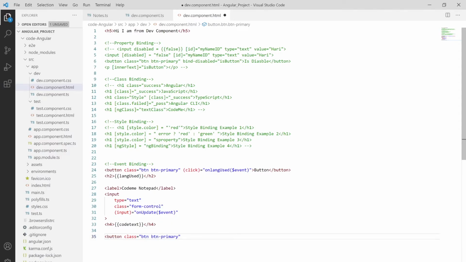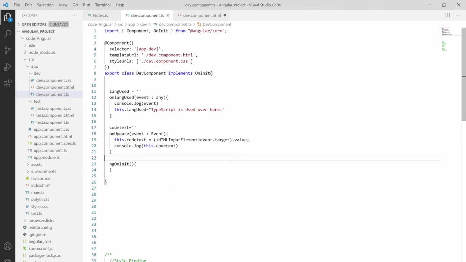So button dot primary, and I want on event click, it will just hit whatever you want to hit. And also over here I'm using one boolean value, say D button, which stands for disable button, and I'm putting that false over here.